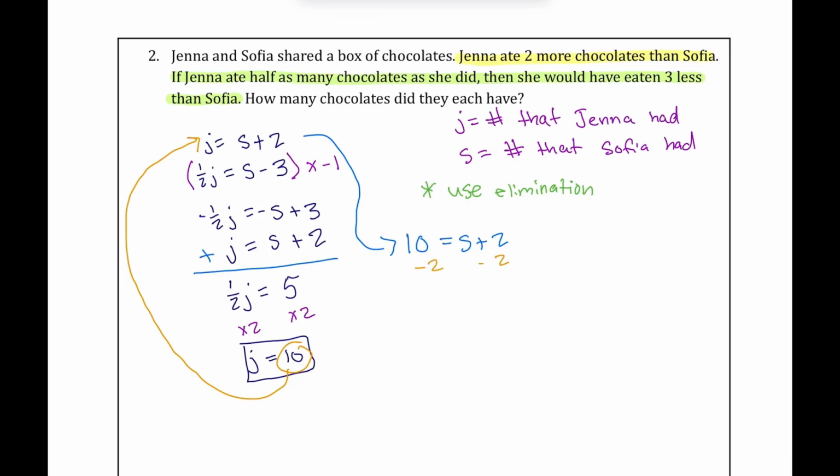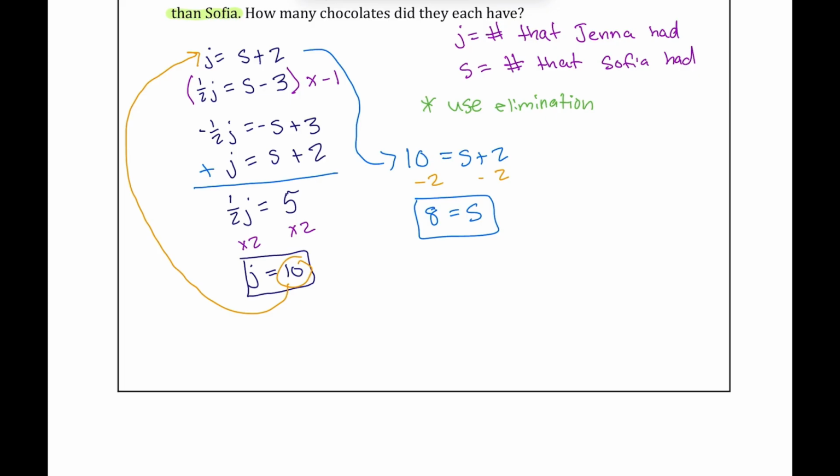Subtract 2 from both sides of the equation to solve for S, and we get 8 equals S. To write our solution in context, this means that Jenna had 10 chocolates and Sophia had